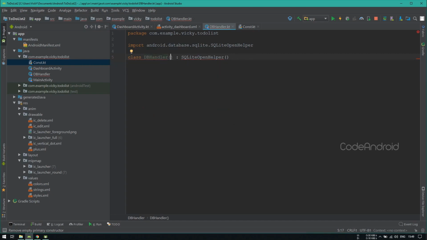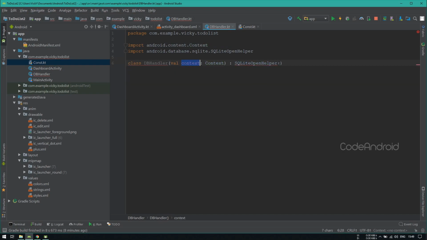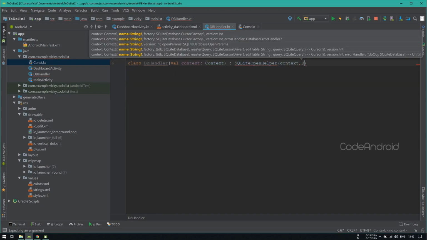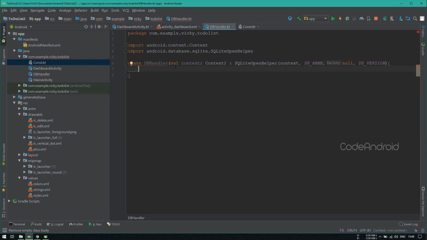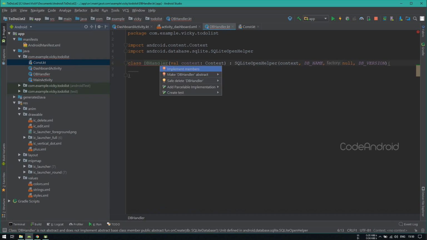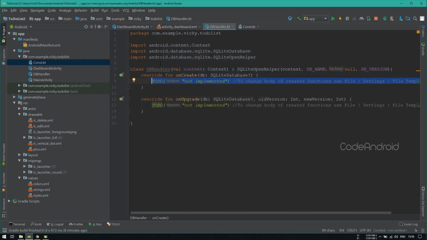We need context for SQLiteOpenHelper, so I'm taking context as a parameter for the dbhandler class. Then passing database name, null and database version. We need to implement onCreate and onUpgrade methods, so I'm implementing those.